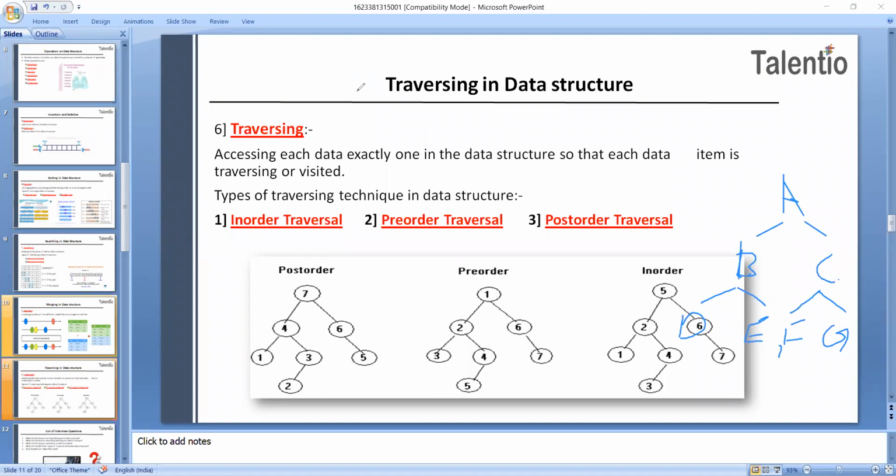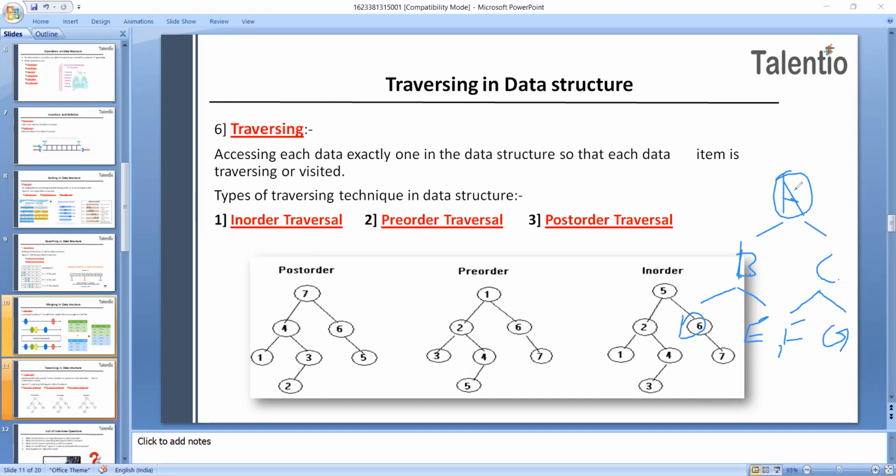Okay, clear everyone? So now we are doing it for pre-order. In pre-order, as I have told you, this A will be the root. First we will visit the root in pre-order traversal. We want to first visit this A, so we start from this A value. Following pre-order traversal, we first visit A itself.